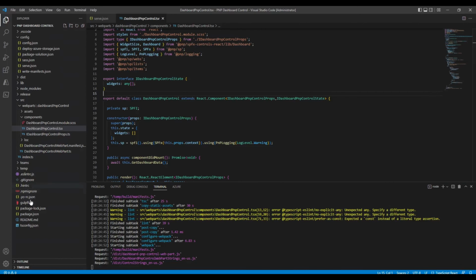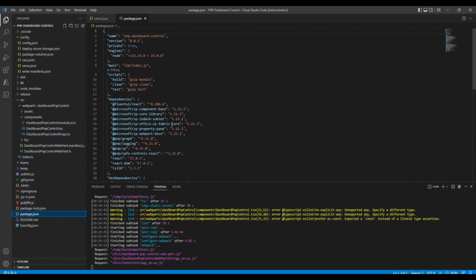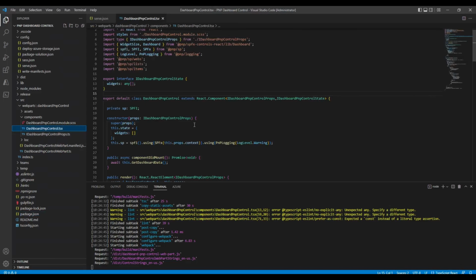As I said, the first thing to be noted here is that we need to install the control library, right? To install this, you can say npm install @pnp/spfx-controls-react, which is going to install this library. And once this is installed, in the main homepage component, in this case named DashboardPnPControl,